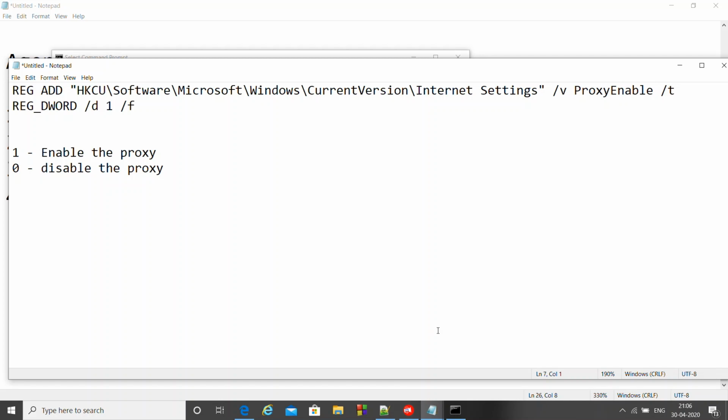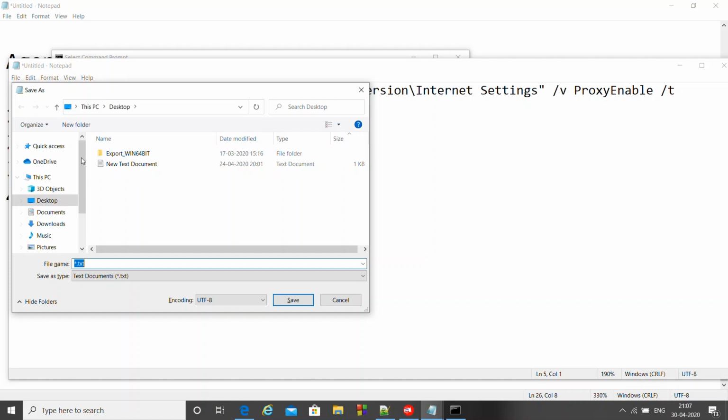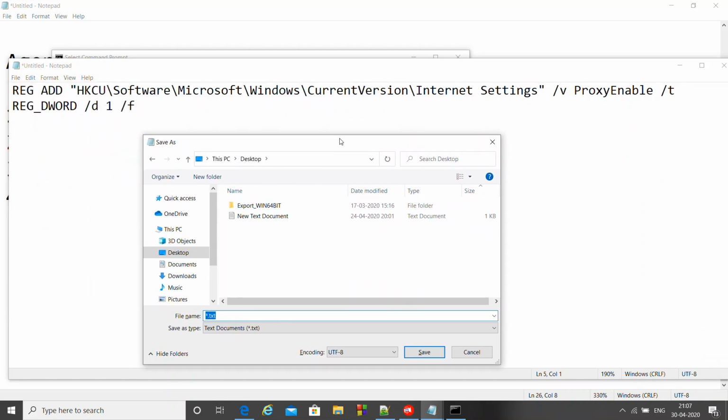The next thing that we're gonna do is automate enabling and disabling the proxy. We'll remove this and save it with Ctrl S. We'll save it on the desktop itself. Here we are passing 1, so we'll save it as enable proxy.bat.